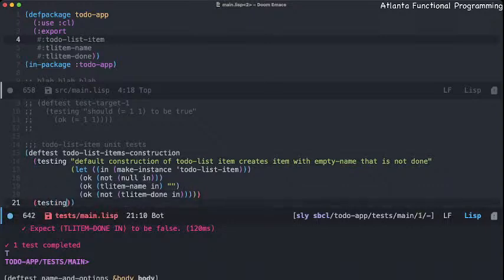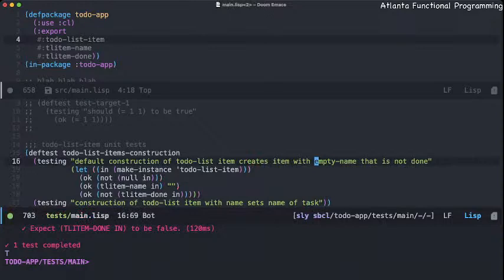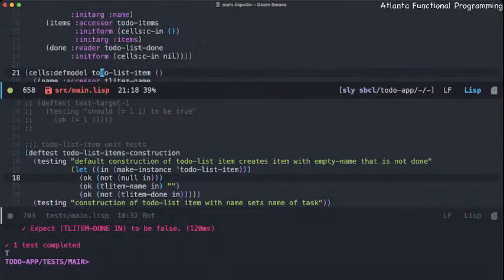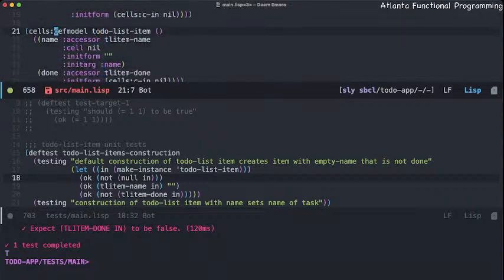We're going to be testing construction of item, item name, sets name of task. Okay. And in fact, at this point, things are coming together here. Instead of calling this to-do list item, I'm going to name this appropriately as a list of tasks to do. All right. So now this is our task name